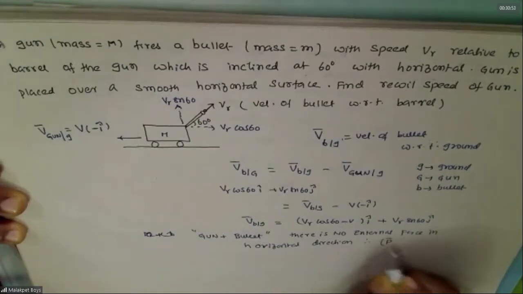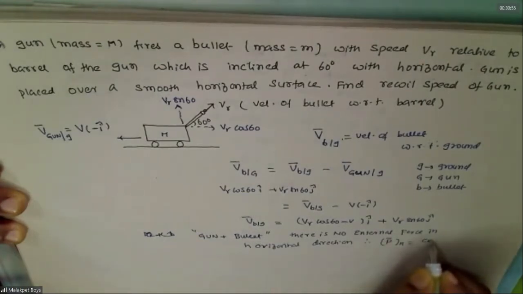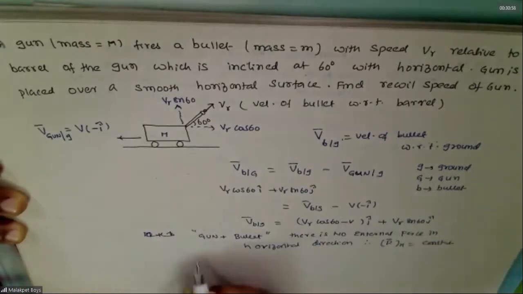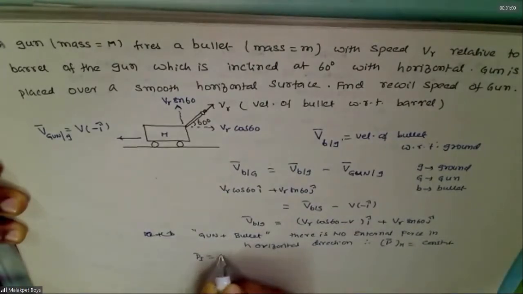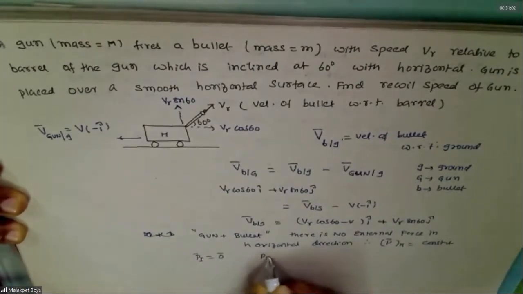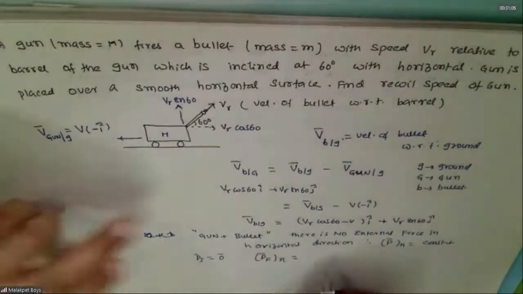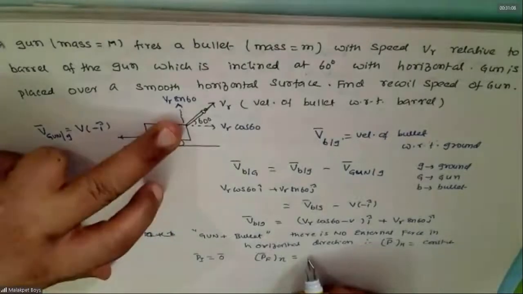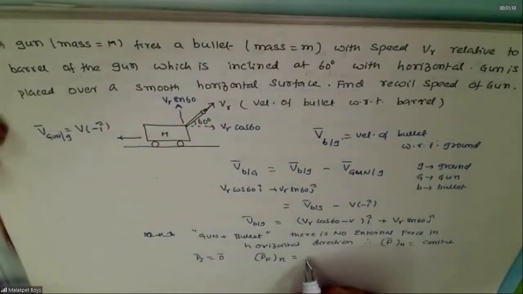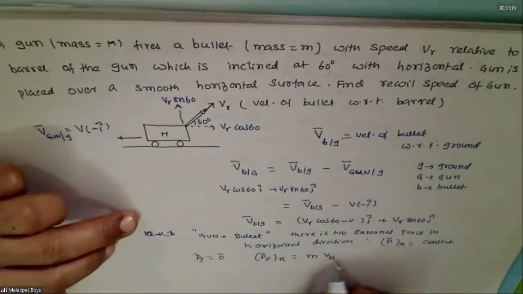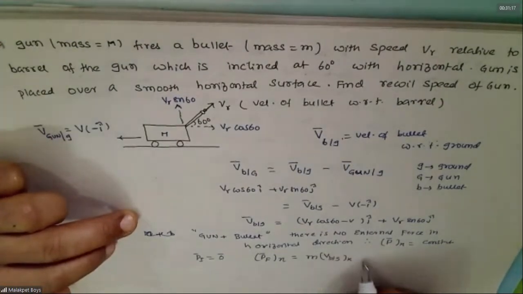Momentum along the x direction is constant, no? Initial momentum is zero because both are at rest. Final momentum along the x direction is the mass of the bullet, he gave a mass, right? Mass of bullet times velocity of bullet in the x direction. Okay? Plus